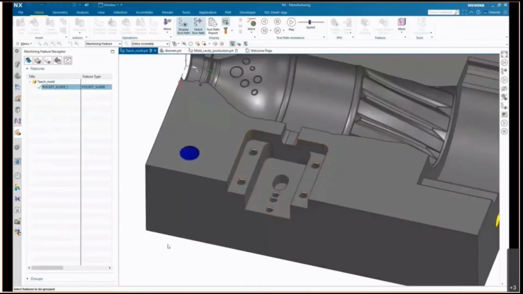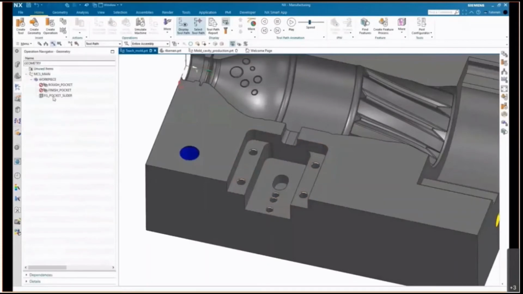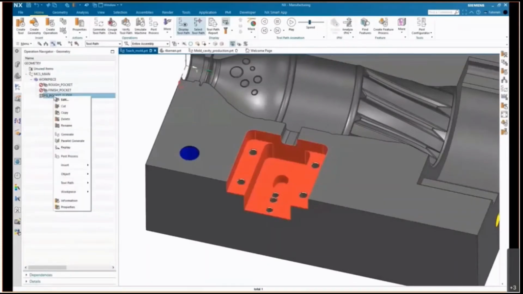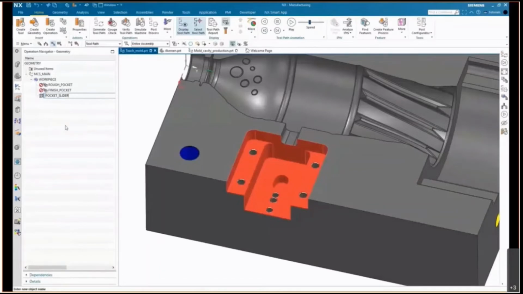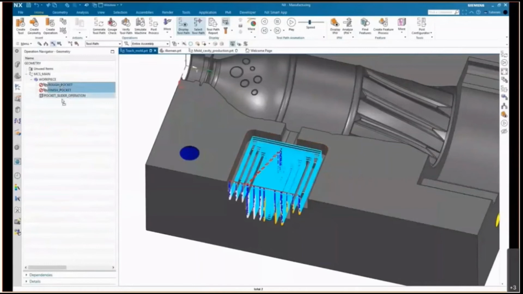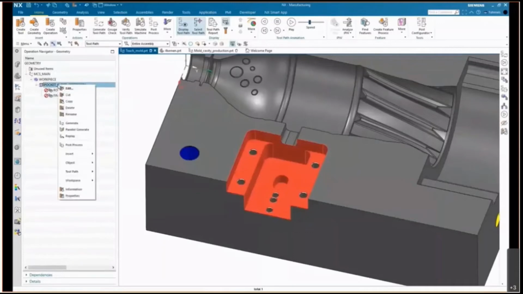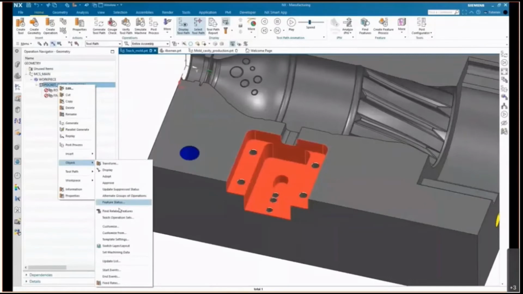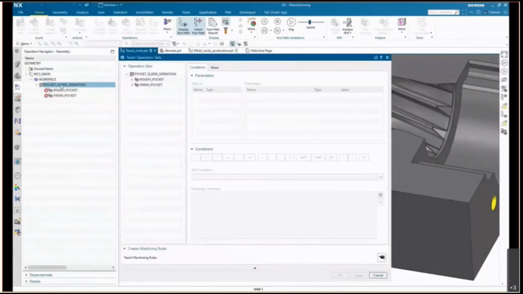And so next step, I'm going to create a group from that. And now I'm going to create a group that is not really logical with 1 feature, but if you have multiple, there will be multiple features in this geometry group. Give it a logical name again, and that's what you have to do with automation anyway. Make logical names and use logical names just to let you know what you're doing and what you're dealing with. Drag the operations in there. And then the second step in this automation, I'm going to teach NX to apply these 2 operations when this feature is found.